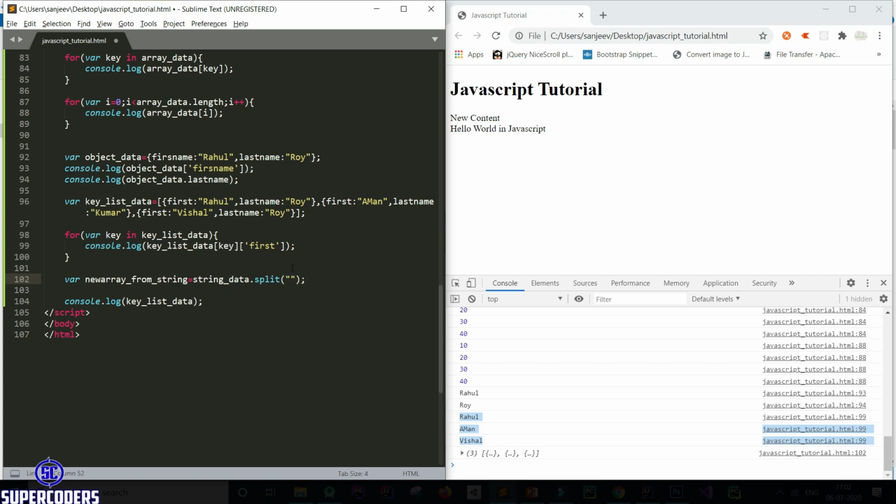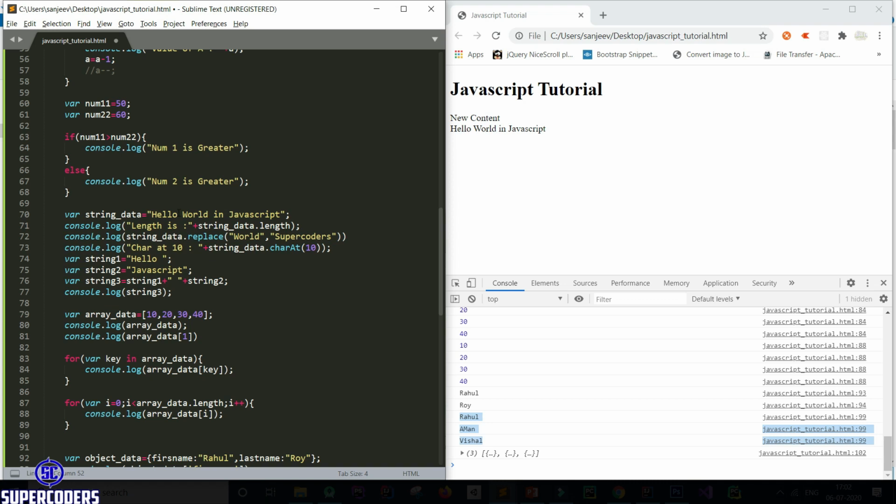So here is the separator, like how we can break this string into an array. So here I see space. Let's break this string into an array using space. So this means this comes in the first index, then second, then third, then fourth. This will convert into an array using the space separator.